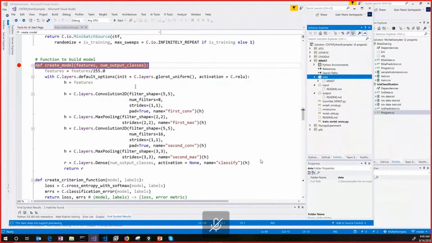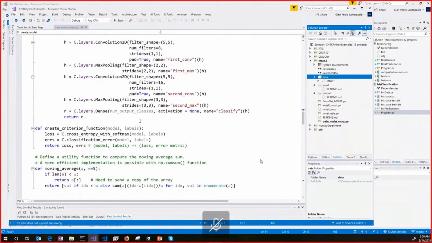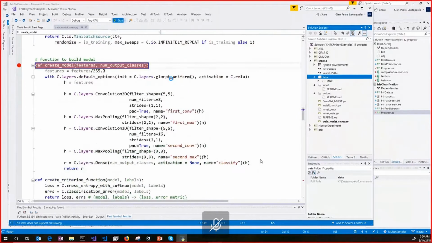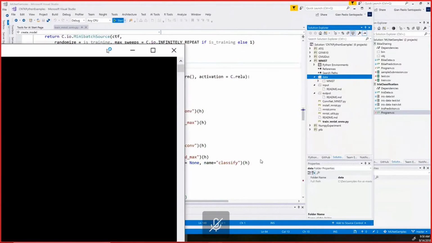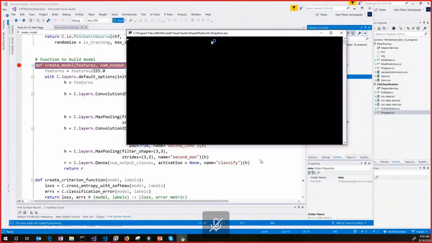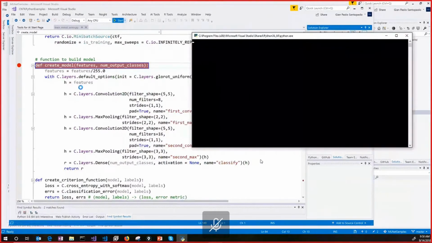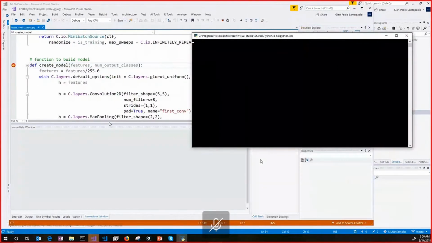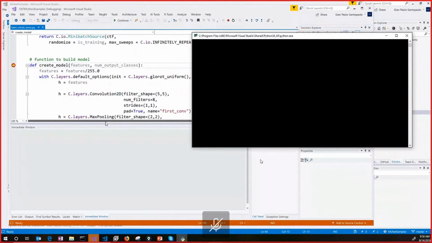With this code we are creating the deep neural network, then creating the model and then training it. So if we run this code over there, as you can see, wait, the breakpoint.